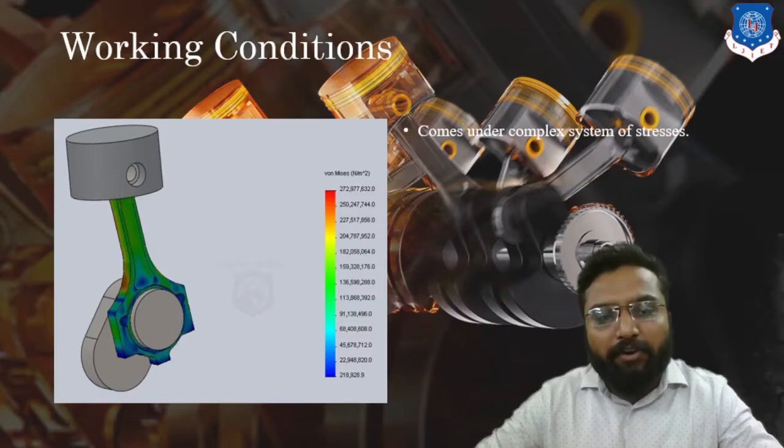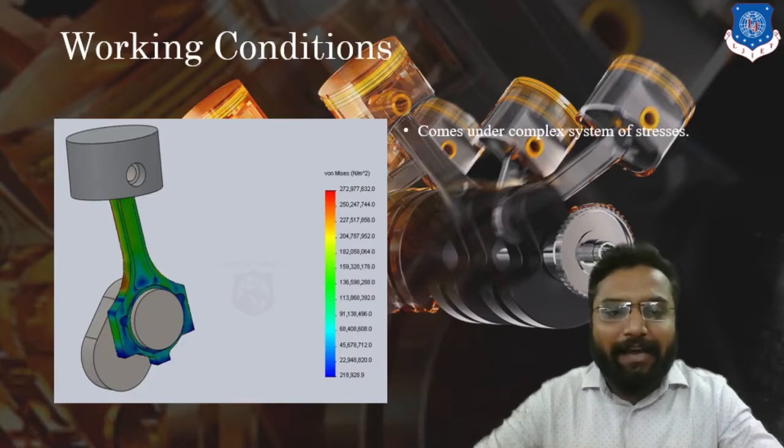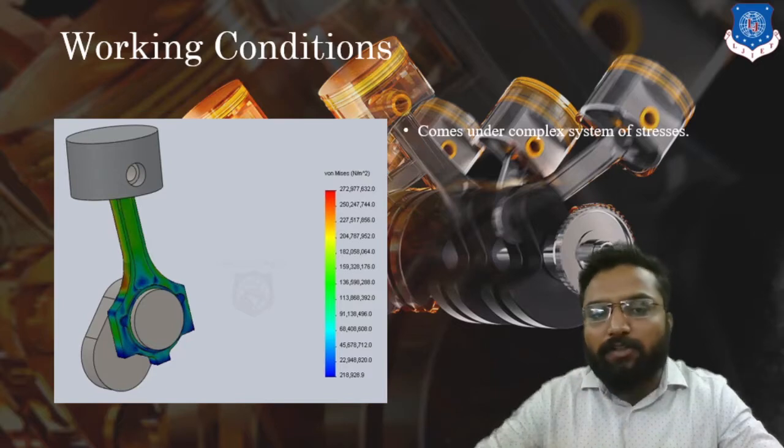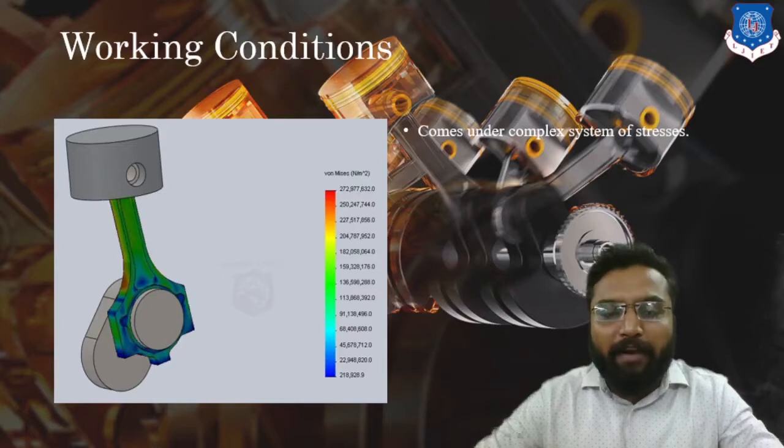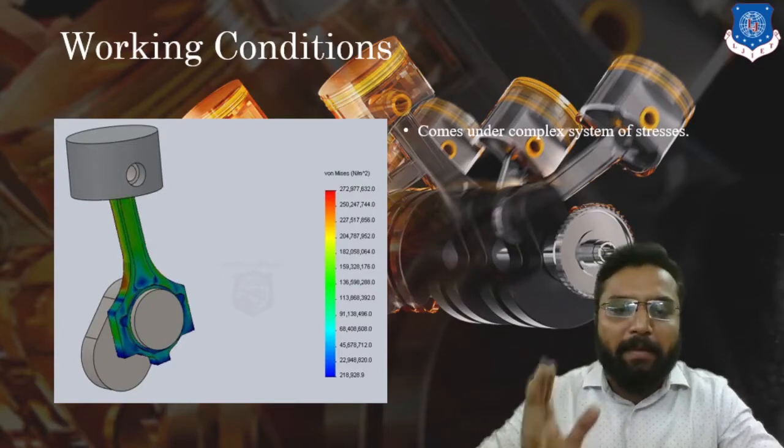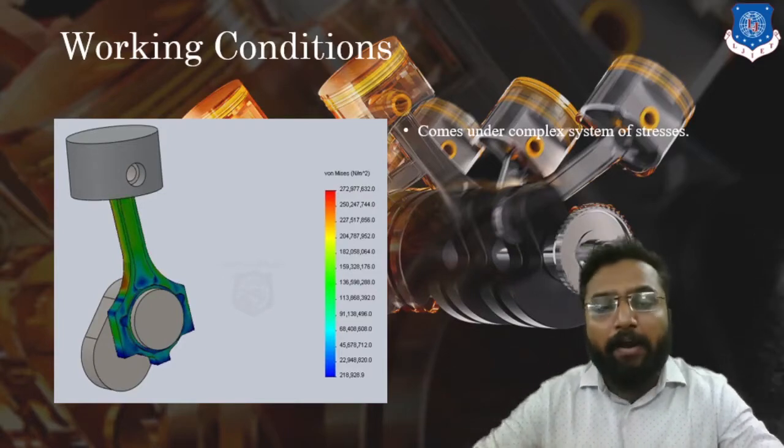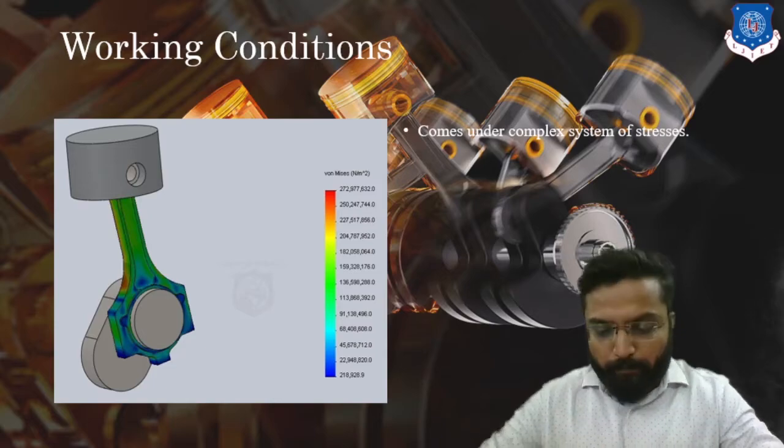So while considering this connecting rod, we have to consider it in two aspects. One is as a short column, and the other is as a beam. Clear? So we have to consider it as a short column and a beam. In the case of a short column, it will always try to buckle. In the case of a beam, it will always try to bend. But mainly the buckling effect is going to be predominant in the case of our connecting rod.